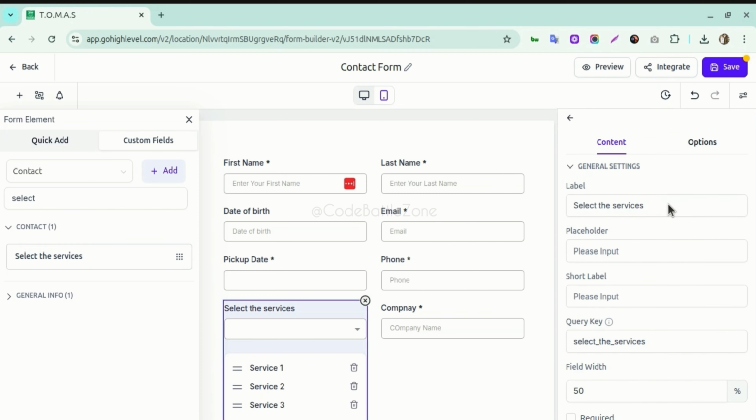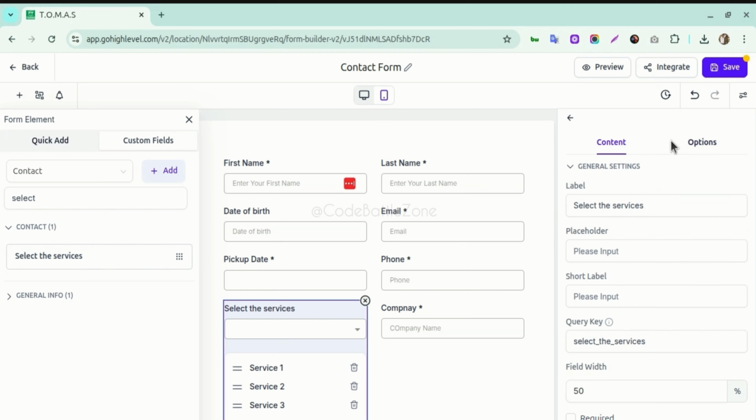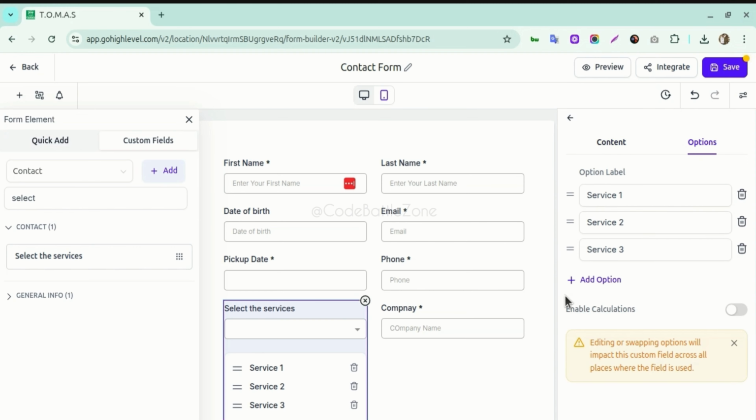After that you can manage the option as well, selecting the field if you want to change after using the custom field. Even you can change the options and set up your field options, whatever you need. So what happens here, when we use the custom field, it is better not to change anything in any